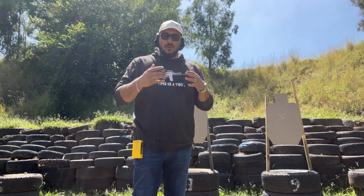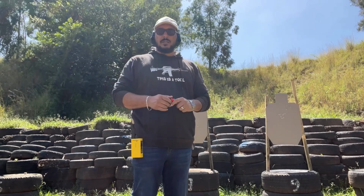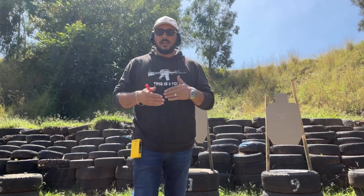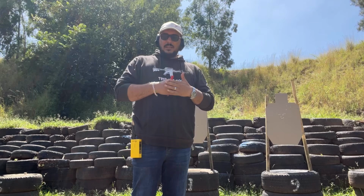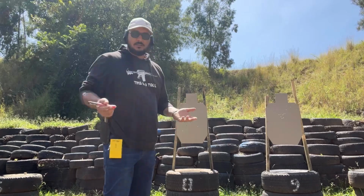And run this cold. The key thing is to run this cold, stock standard. So I haven't shot today. I've had a gentleman here that I was just helping, doing some training with him, but I'm cold as can be, right? So that's why we're training it, so we can see what our stock standard run is going to look like, right? And you can see the first one wasn't the greatest, but were they on target? Yes, they were there. Okay,